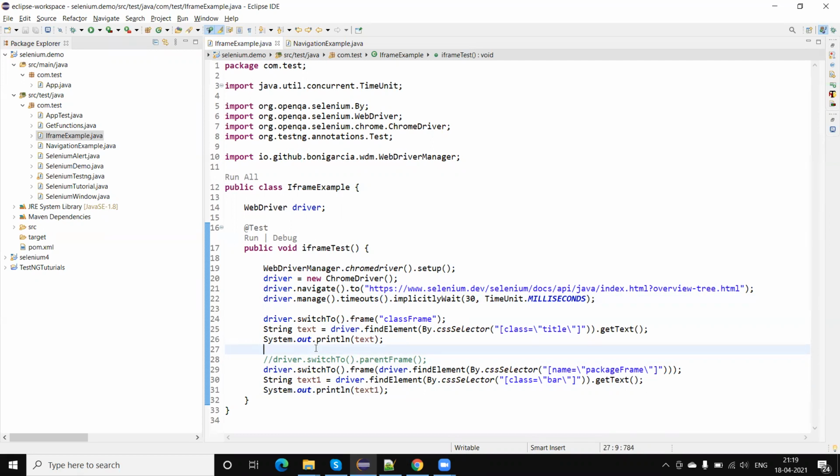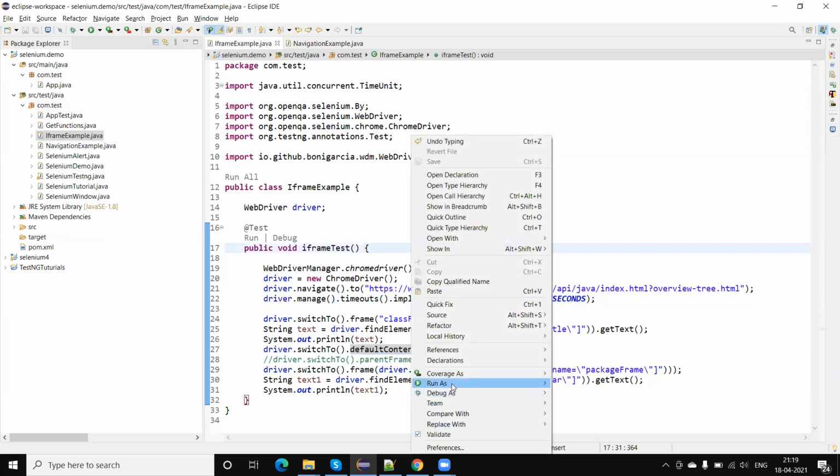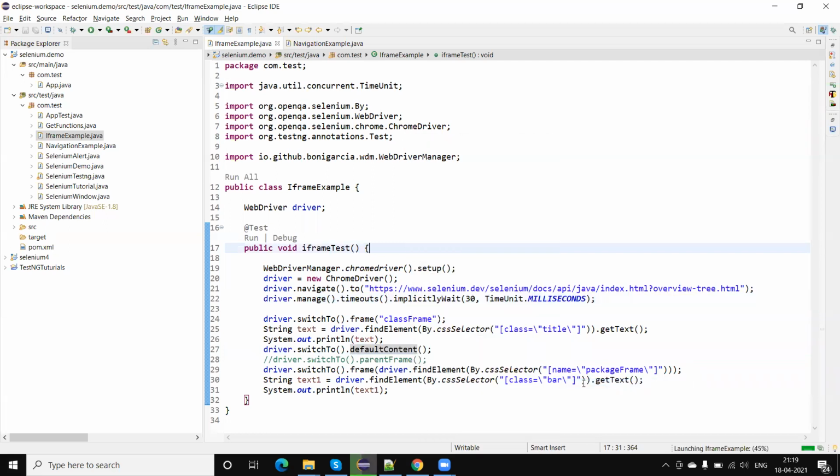And here if you use driver.switchTo().parentFrame, then this will go back to the child level, it will not come to the top. So if we want to switch directly to the top, then we can use the default content. This default content will directly move the control to the top level frame content.